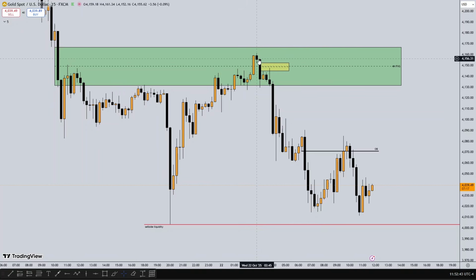On the 15-minute time frame, price traded lower, did a shift in structure, trading through this fair value gap, making it an inversion fair value gap. Now you can trade directly from the inversion fair value gap, or you just use the fair value gap, which in this video I'm showing you guys how to use directly a fair value gap and an order block. So entry at the fair value gap, where price retraced to the fair value gap, respected the fair value gap, which was the entry. Traded lower,